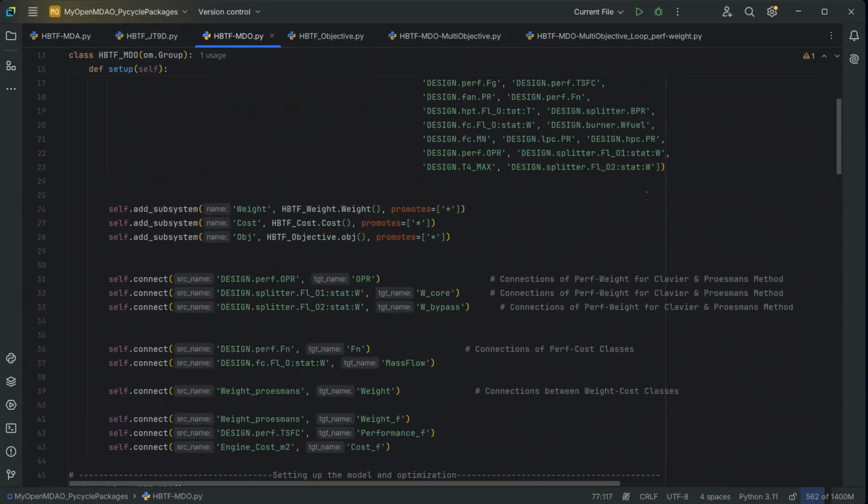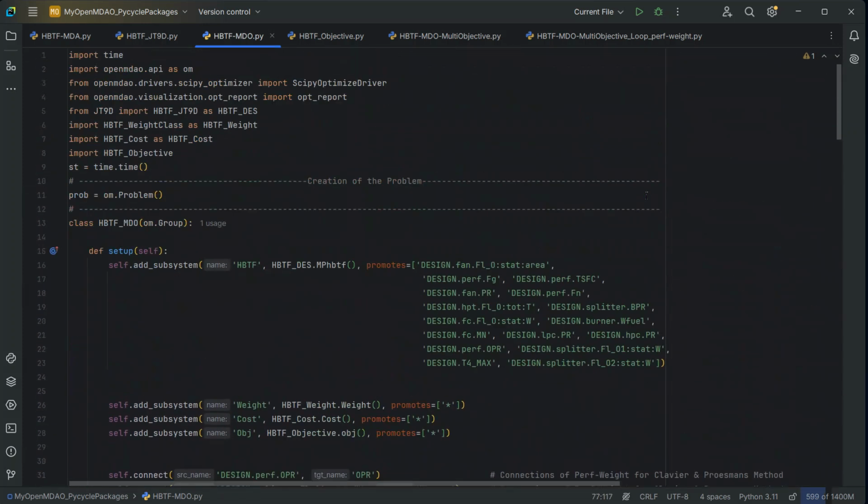This is TurboMind. This is one of the first videos I'm making for you. I just want to show you a little hands-on project on how to do an optimization on the performance discipline of a turbofan engine. We're not going to do this in depth or in detail. It's just a demo, and we're going to see how we are going to optimize our PyCycle model